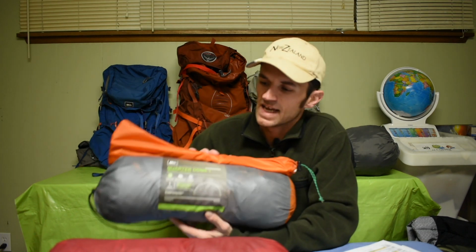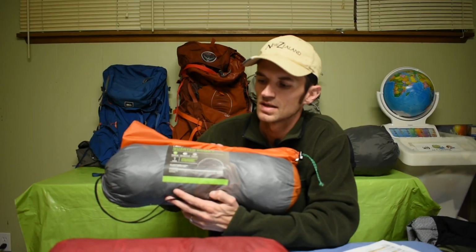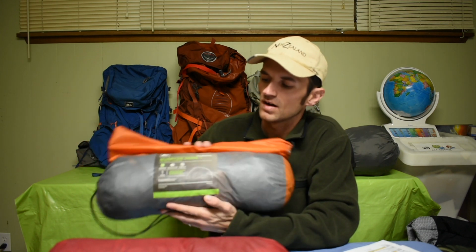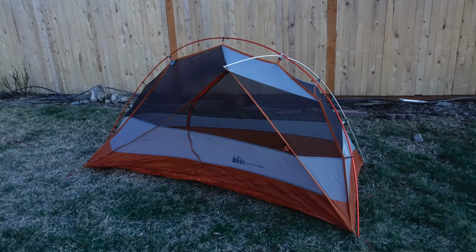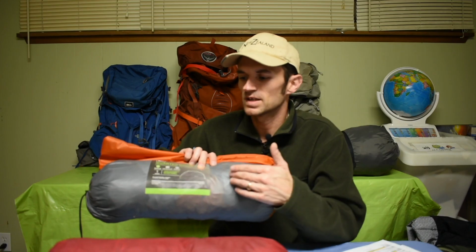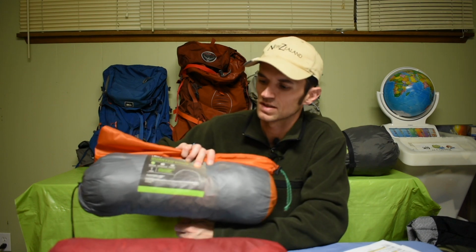So this is actually a semi-freestanding tent, so it's not a fully freestanding tent. There are a couple corners. In order to give it the full structure, it needs to still be staked or anchored out with a couple rocks when you can't use stakes. But all in all, it's still very much like a freestanding tent that has a pole structure, obviously, and easy to shake the dust and sand out. But the big difference on this tent over this tent that made me pull the trigger on this